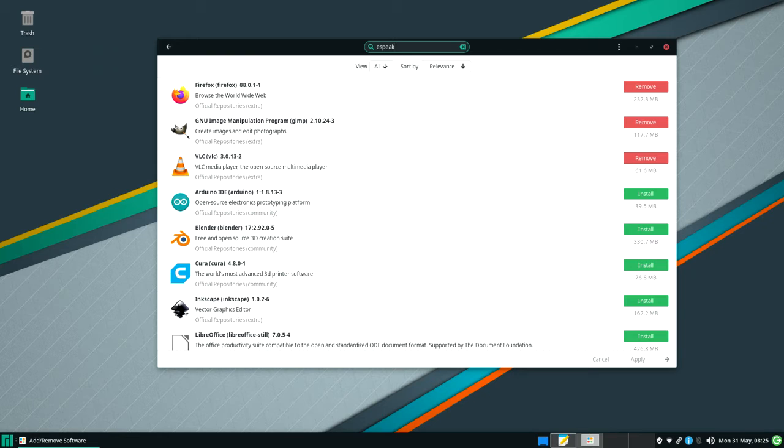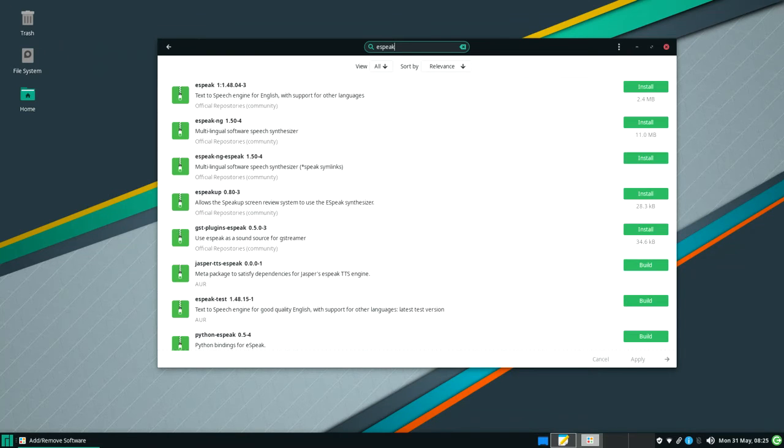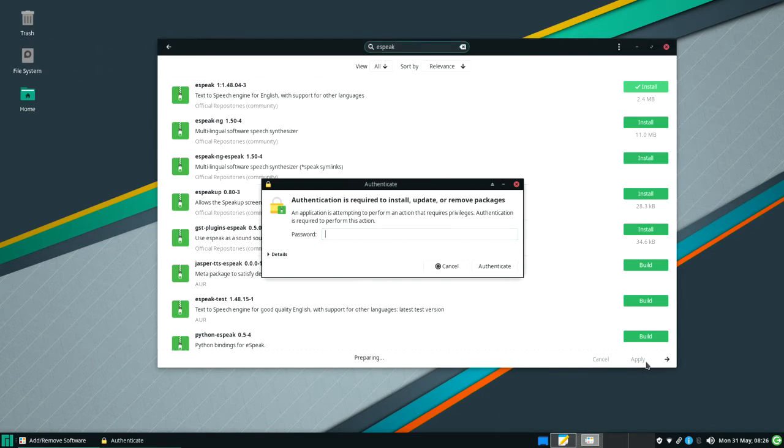This is the old classic eSpeak. You don't need the new ones. Linux Air Combat likes the old classic one. So I'm hitting enter to search for eSpeak here. And there are a bunch of eSpeak related things, but the one we want for best compatibility with Linux Air Combat is the basic one, eSpeak. I'm going to click on install and apply, whereupon